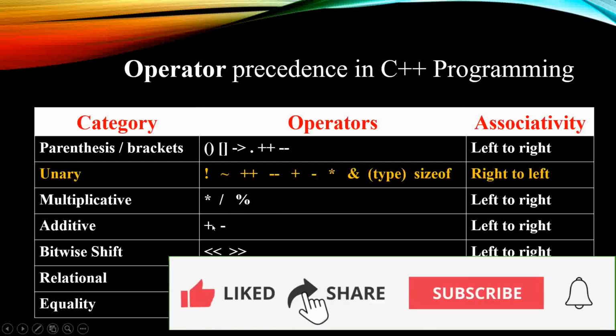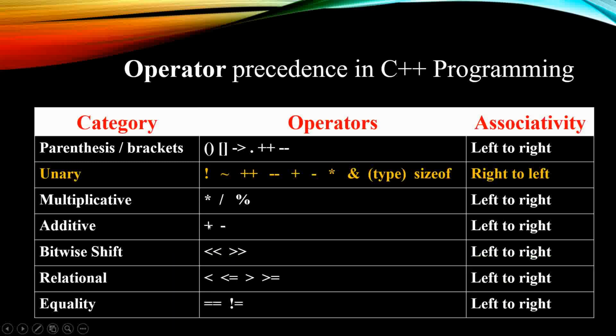For example ይሄኛው, as you know in mathematics, plus has the highest precedence than minus ማለት ነው። ማትማቲክስ ላይ እንደምናስታውሰው ይሄ አዲሽን መጀመሪያ ነው ኤክስኪዩት የሚደረገው than this subtraction ማለት ነው። Those will be executed from left to right, and also bitwise shift, left shift, right shift, those will be executed from left to right. Relational operators: less than, less than or equal to, greater than, or greater than or equal to. Those will be executed from left to right ማለት ነው። Especially this one, they have the same precedence ማለት ነው።